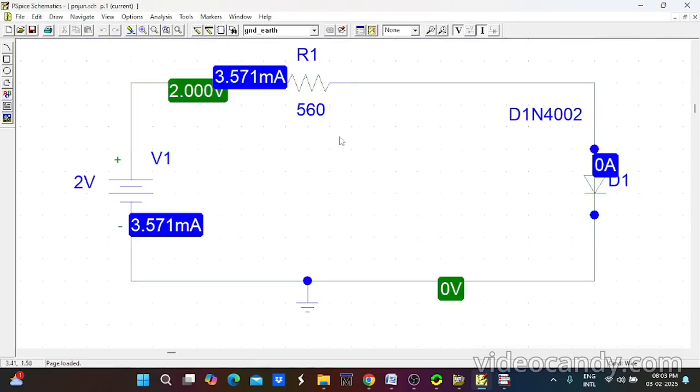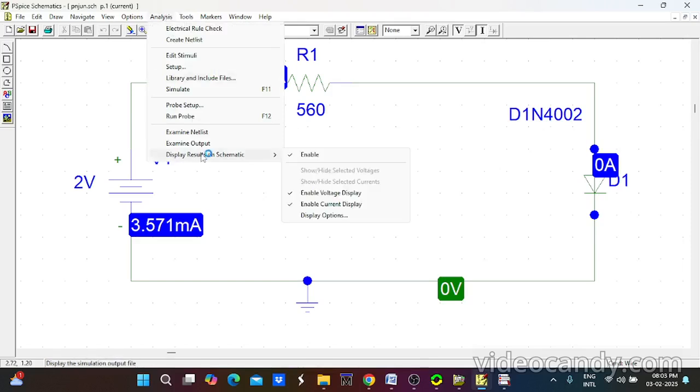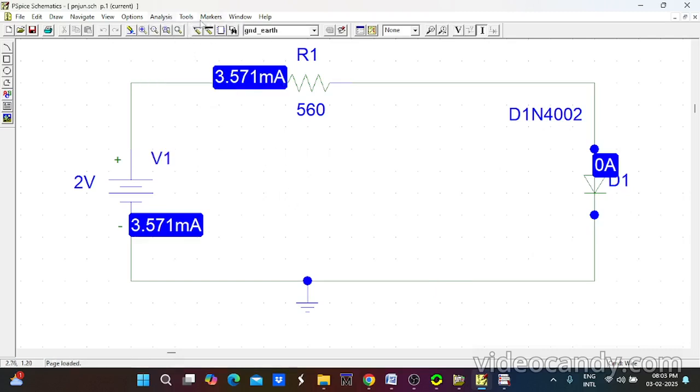So now you can see this. After completing this circuit connection, we have to go for analysis, and in this analysis, the display results on schematic option is there. We have to